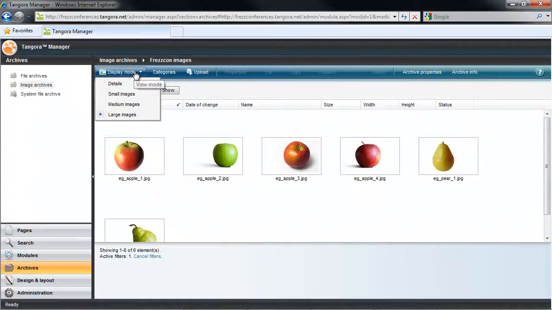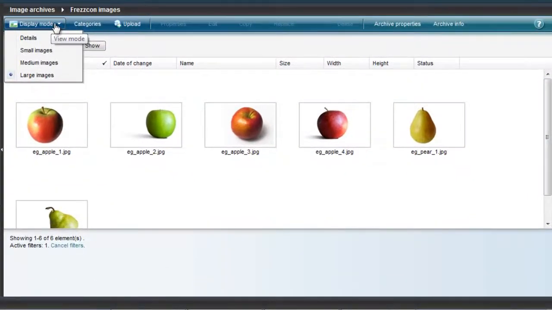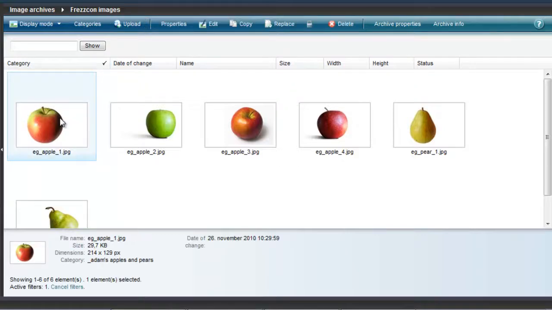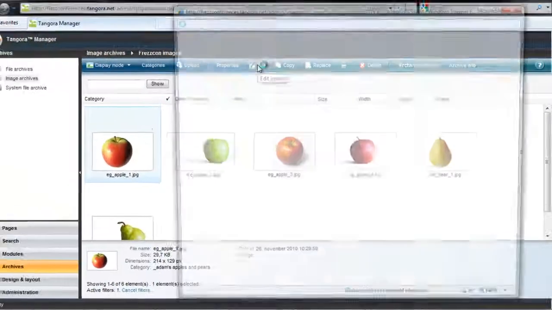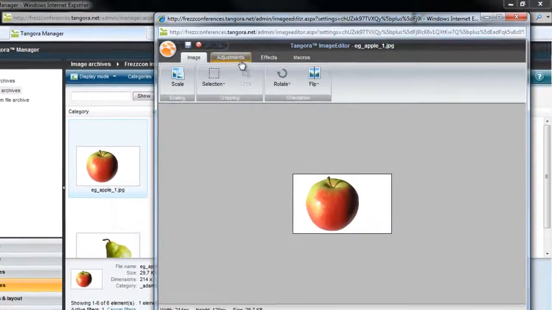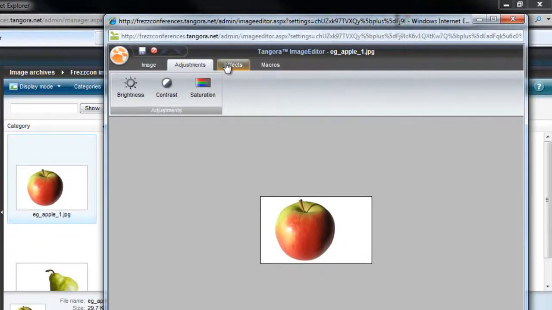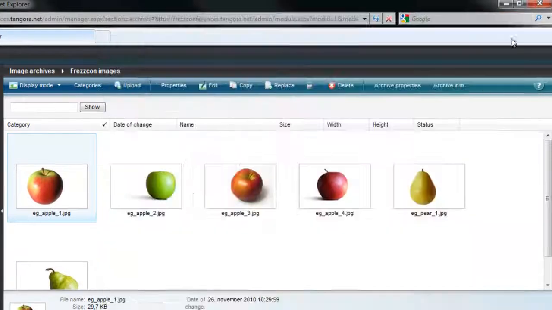I've already showed you the display mode options, and now I just want to review what you otherwise can do with an image. Categories brings you to an interface where you can create your own categories, and Upload will allow you to upload images to these categories. I'll delve into these topics elsewhere. Properties will give you access to an image's details, which I'll come to shortly. Edit allows you to edit an image, and there are a host of functions allowing you to change your image's dimensions, as well as adjusting your images and adding effects.